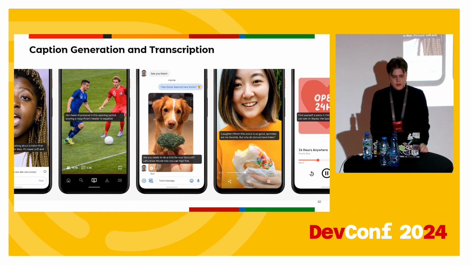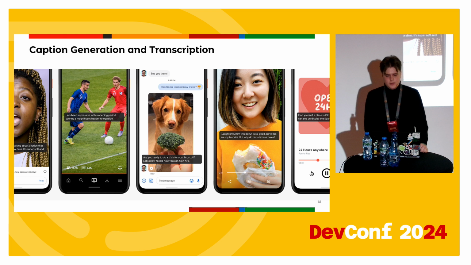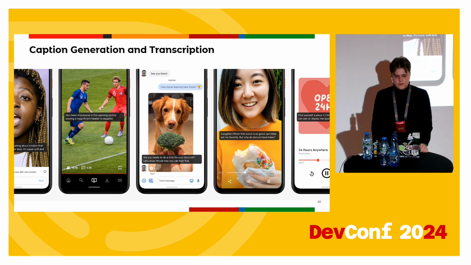One of AI's most significant contributions to accessibility is automatic captioning for videos and real-time transcription of audio content. This innovation is especially beneficial for users who are deaf or hard of hearing. Services like Google's Live Caption use AI to provide on-the-fly captions for any media playing on the device. These AI-driven solutions ensure that content is more accessible, saving developers the effort of manually creating captions for each media file.